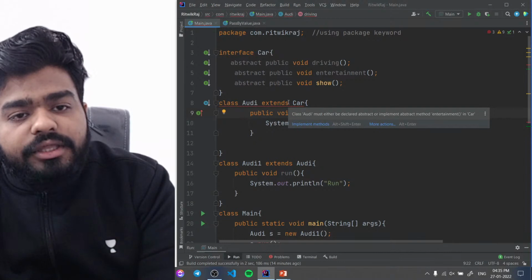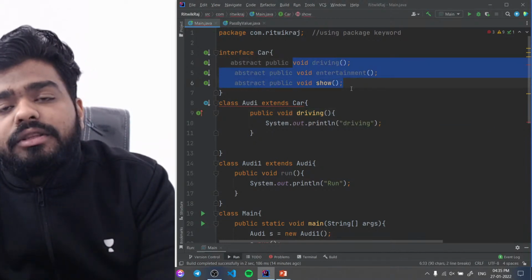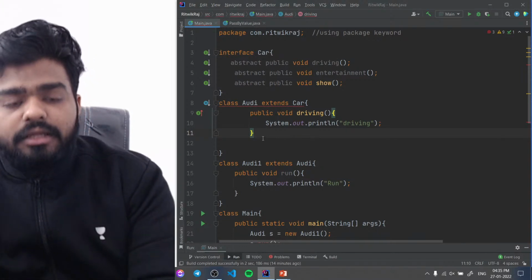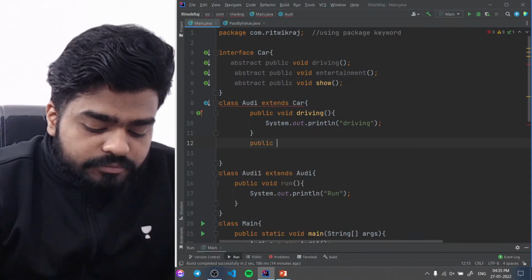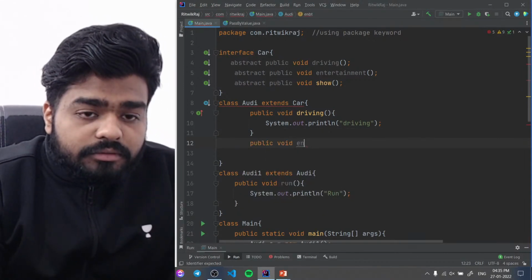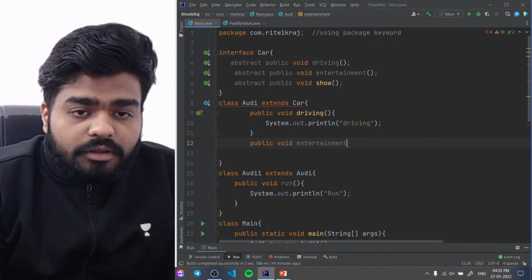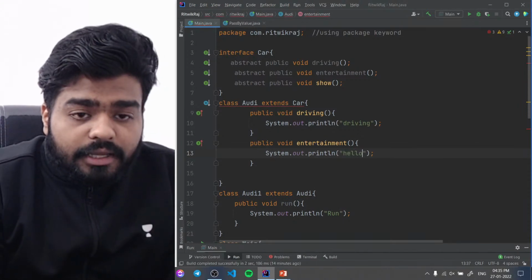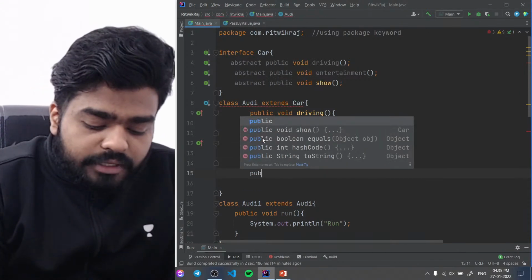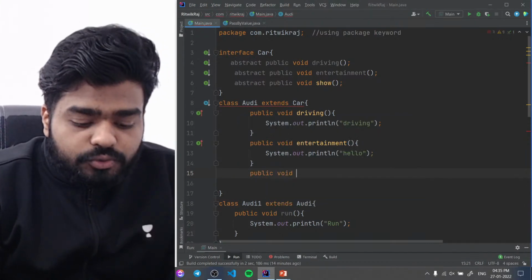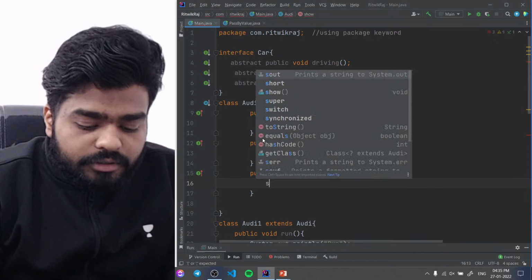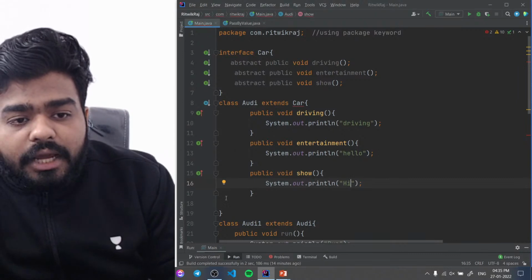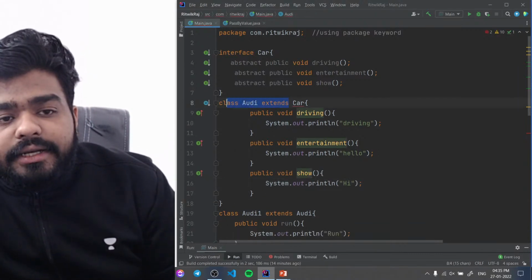फर्स्ट ऑफ ऑल व्हाट यू हैव टू डू इज, you have to first of all define all these methods here. ठीक है, तो यहाँ पे ड्राइविंग वाला हमने डिफाइन कर दिया. We need to now define what? We need to define entertainment. तो यहाँ पे हमने entertainment डिफाइन कर दिया है, लेट्स से हेलो बोल के. और एक और मेथड डिफाइन करना है तो वो है शो. तो शो मेथड भी यहाँ पे डिफाइन कर देंगे. ठीक है, सो नाउ यू कैन सी एरर जो है, एरर यहां पे नहीं आ रहा, अब एरर